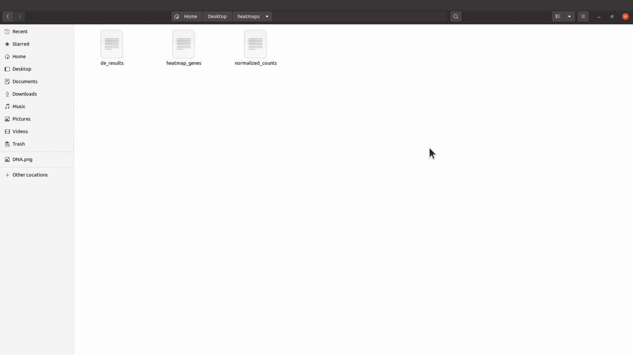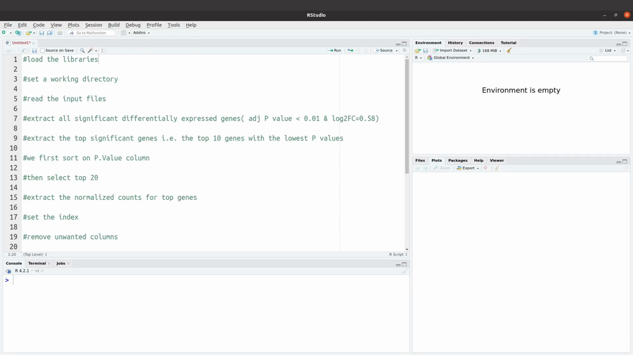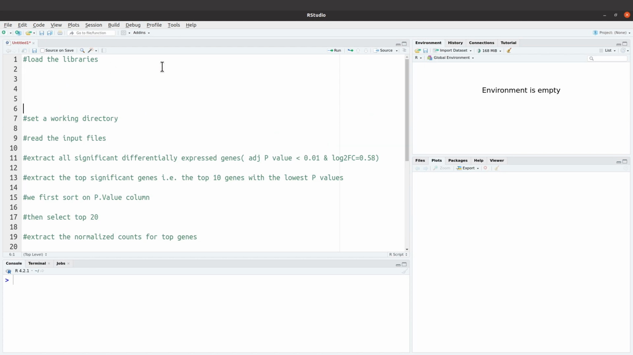So let's go back to the R environment and start the exercise. Okay, so we are in the R environment now. So first of all, let's load our libraries. It's important to load the libraries. So I'll say library, and I'll load the first one, which is gplots. And then I'll load the second one,